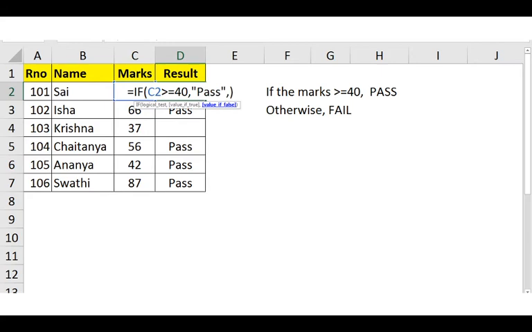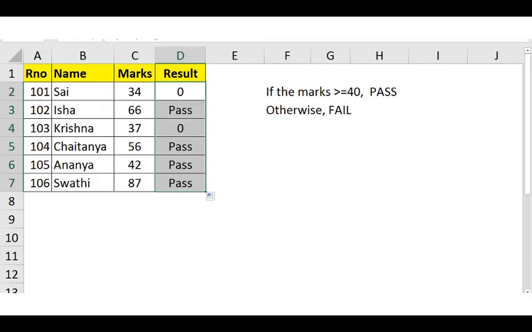Here if you observe, instead of placing the double quotes or blank, I simply leave that particular parameter by just giving a comma. Okay. Now if I press enter and apply autofill, wherever it has to display fail, now it is displaying 0.